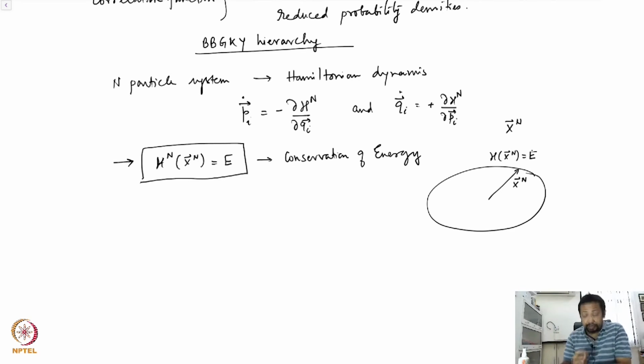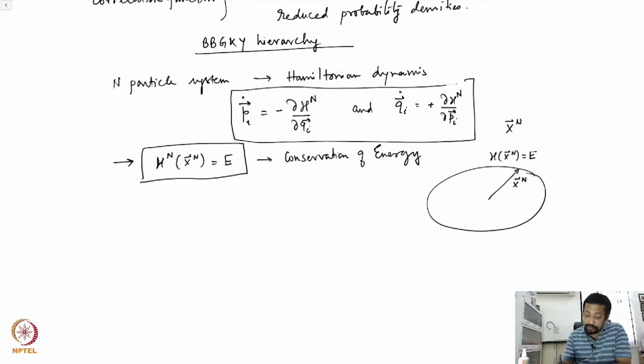If I had the capability of solving this n particle system, solving these equations of motion exactly for all the particles, then I know that I will trace out a trajectory in the phase space, right? But this trajectory by its property is not going to intersect with itself. But this uniqueness is lost because of my inability to keep track of so much information. So for example, if I have this n particle system, the initial conditions might not be known